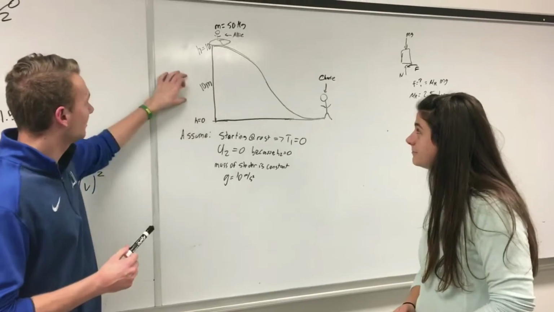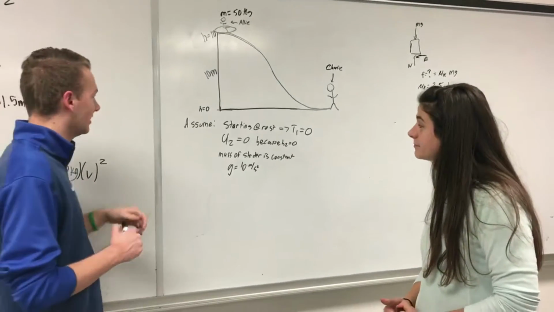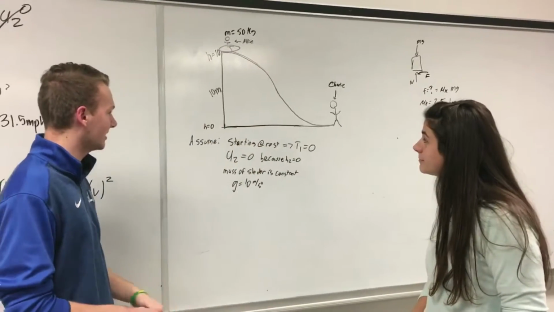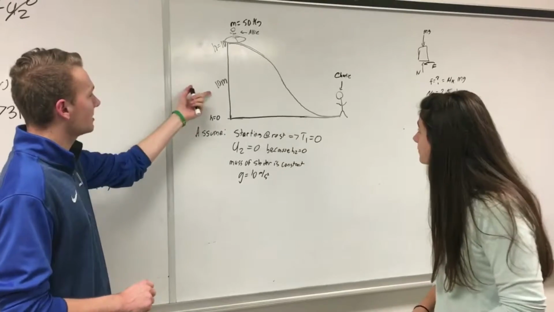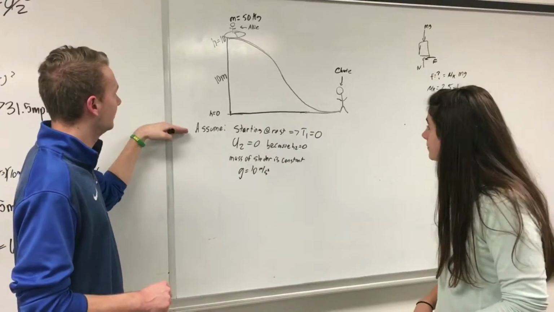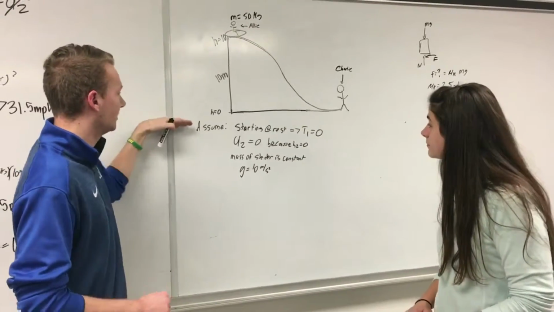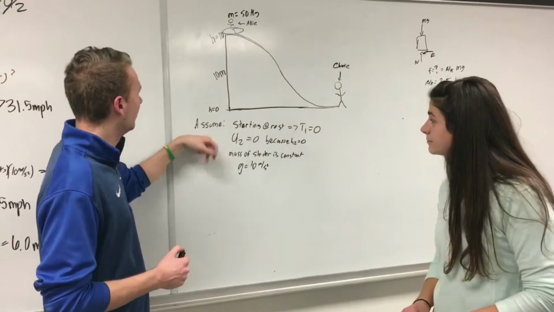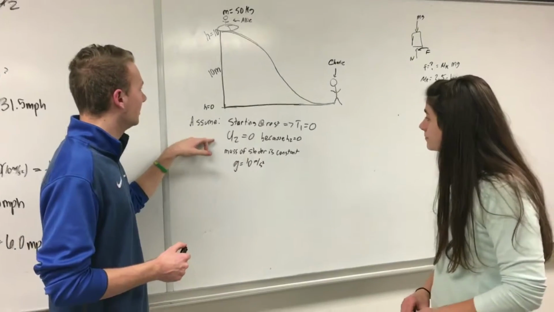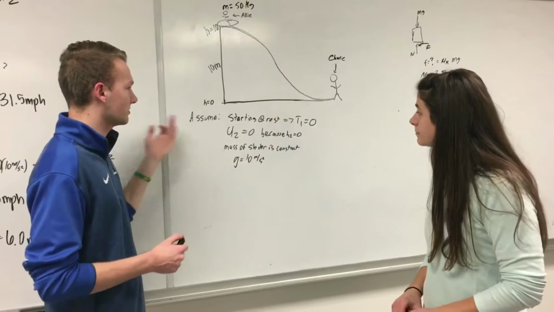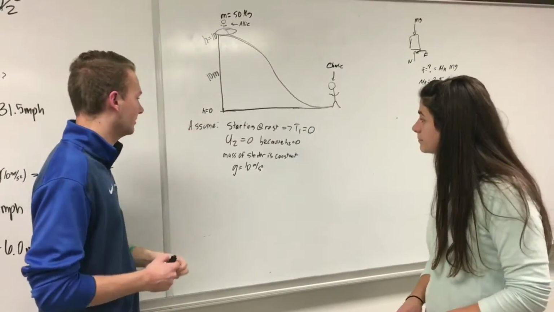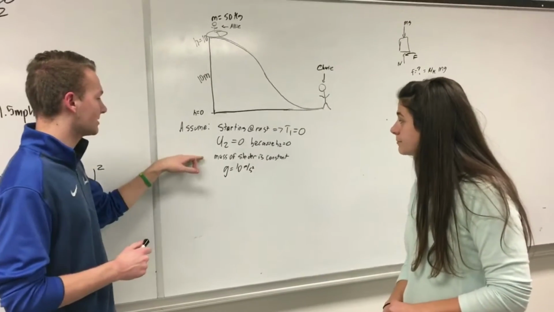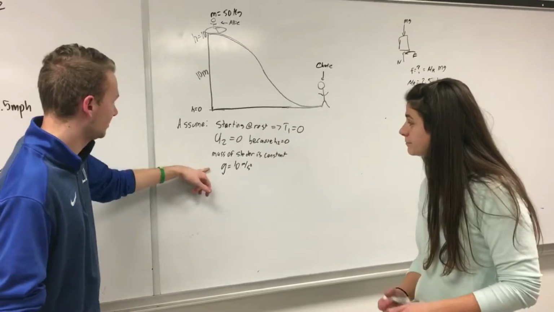Okay, so a little closer look at the sledding incident yesterday. We drew up a little mock diagram here of Allie sledding down and hitting me standing at the bottom of the hill. So we assumed just a height of 10 meters, and a mass of 50 kilograms, and then a couple other assumptions: that Allie started from rest, so T1 equals 0. Then all the energy was converted into kinetic energy at the bottom of the hill because there's no spring, and then our height equals 0 at the bottom of the hill. Then both of our masses are constant, and the only acceleration is the acceleration due to gravity.